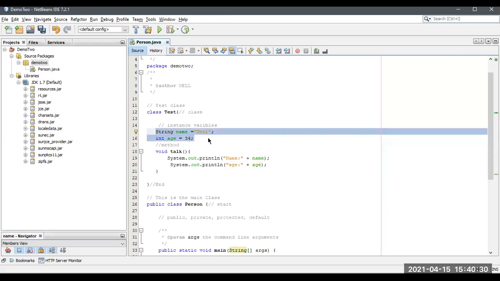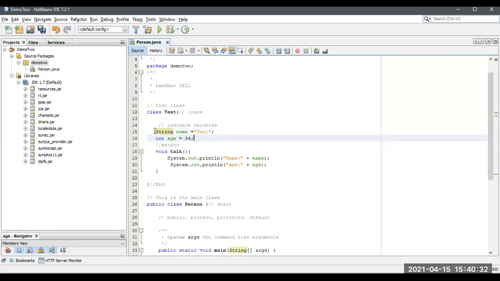It is a declaration of a variable with a data type, then the name of that variable, and the value inside the particular variable is this. This is the name and this is the age. So this is the declaration.